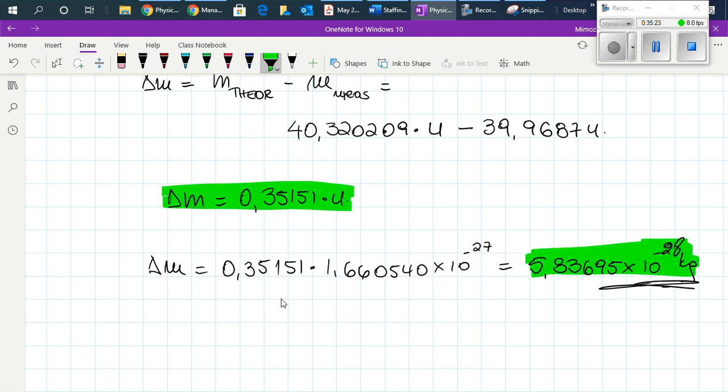Always when you are using the energy formula, you will convert the mass into kilograms. Now, the binding energy is the mass defect times c squared,